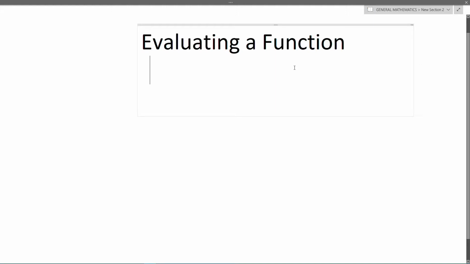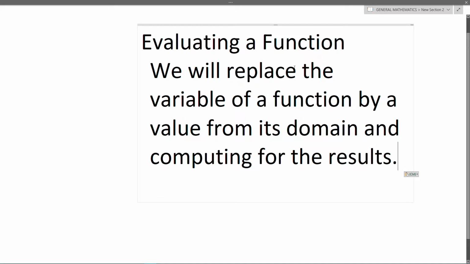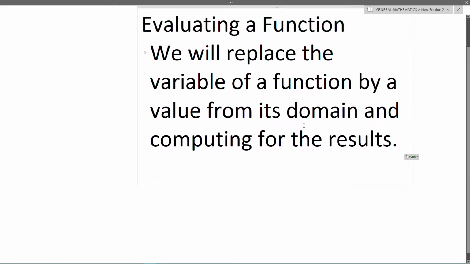So, evaluating a function. How do we evaluate a function? When evaluating a function, we will simply replace the variable of a function by the value from its domain and compute for the result. For example, we have a function f of x is equals to x squared plus 1. If the problem tells you to evaluate the function